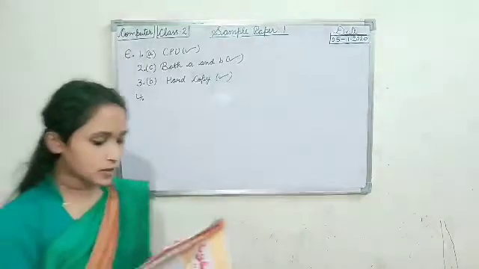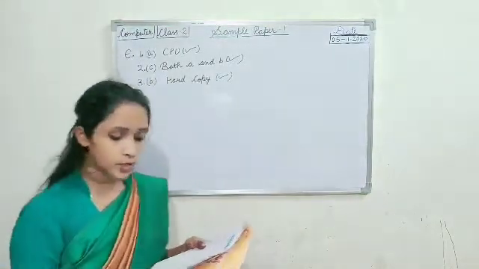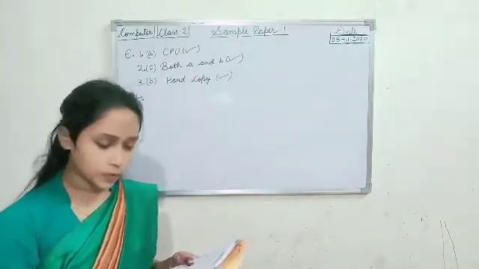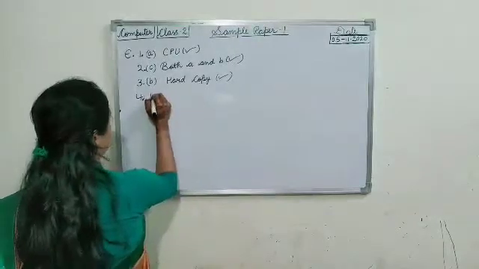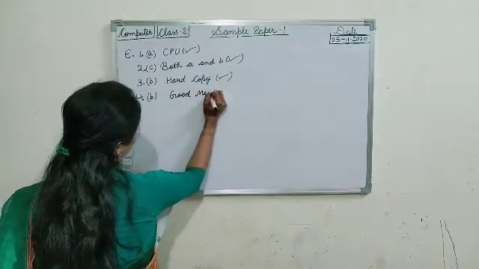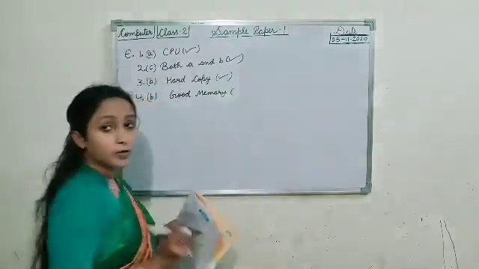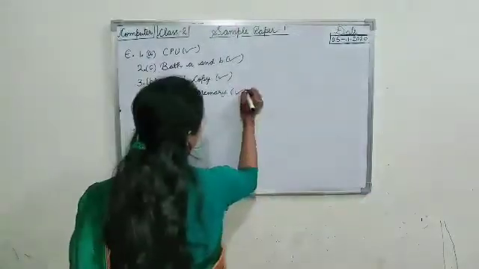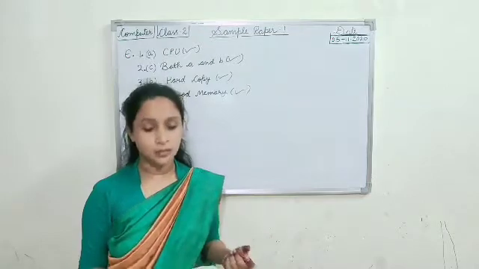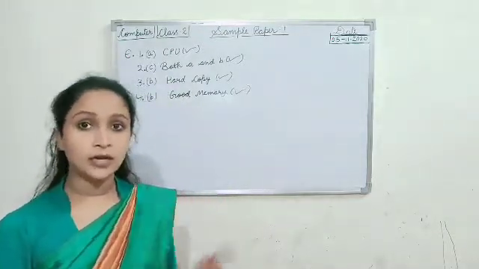Fourth, which among the following is the feature of a computer? So, slow, good memory or emotional? Good memory. B option is correct. Computer works slow? No, computer works fast. So, this option is wrong, and it does not have feeling. So, emotional also is wrong. Good memory is the correct option.